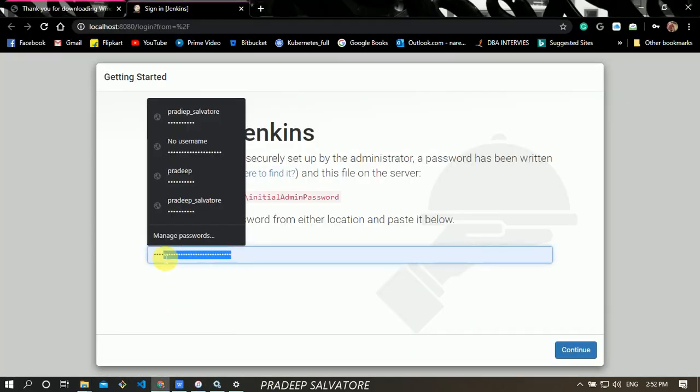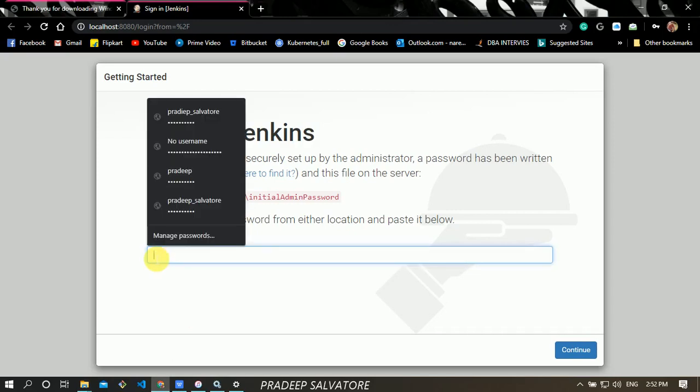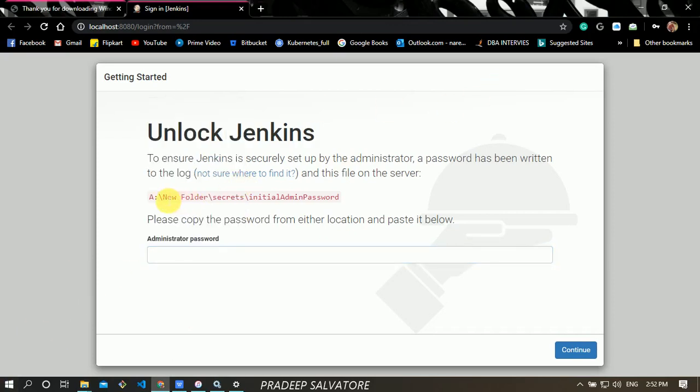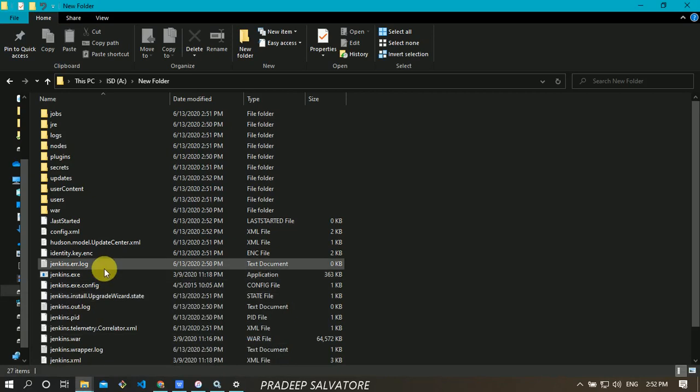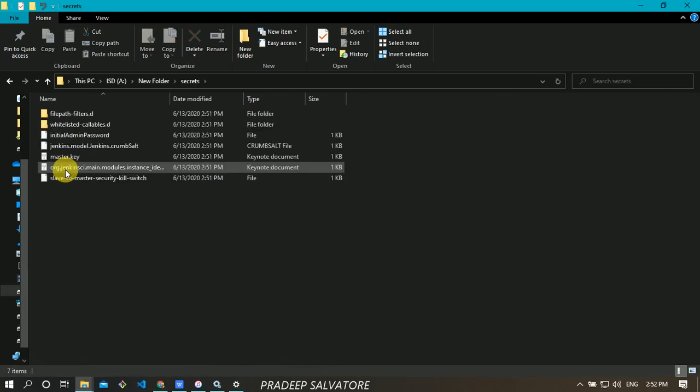For the administrator password, we need to go to this location. The initial admin password is there, and we need to open it here. See, this is where the initial admin password is: secrets, initial admin password.